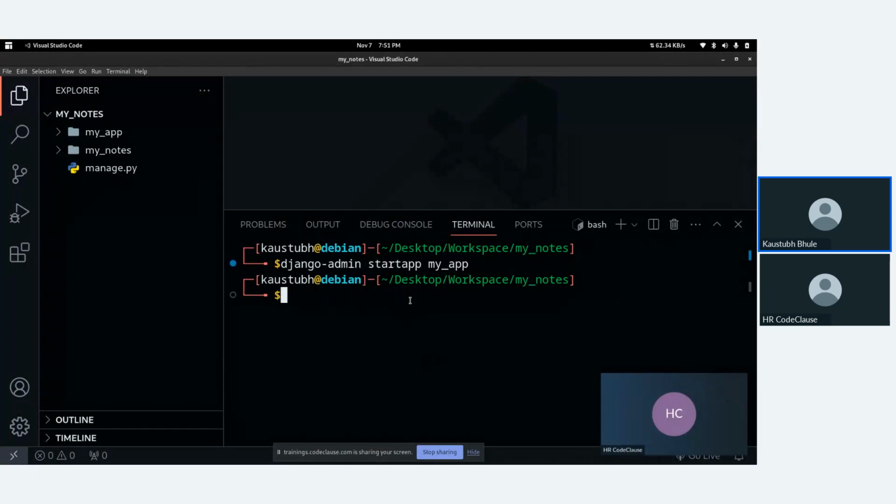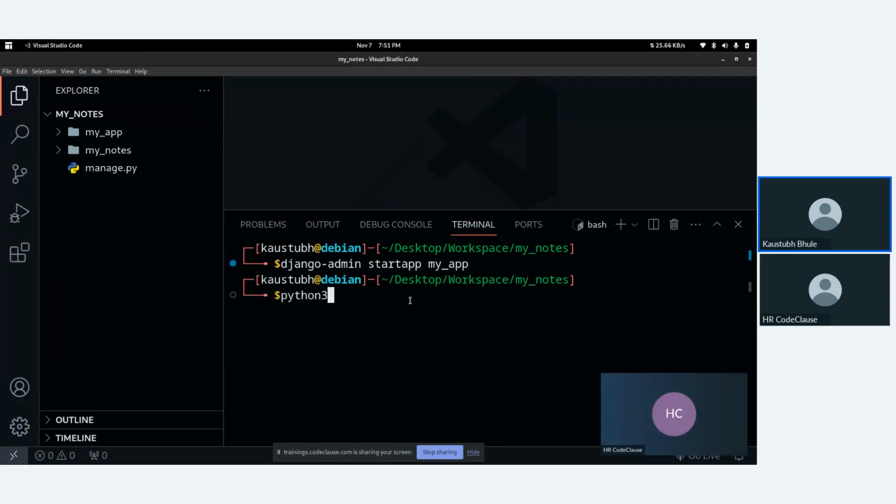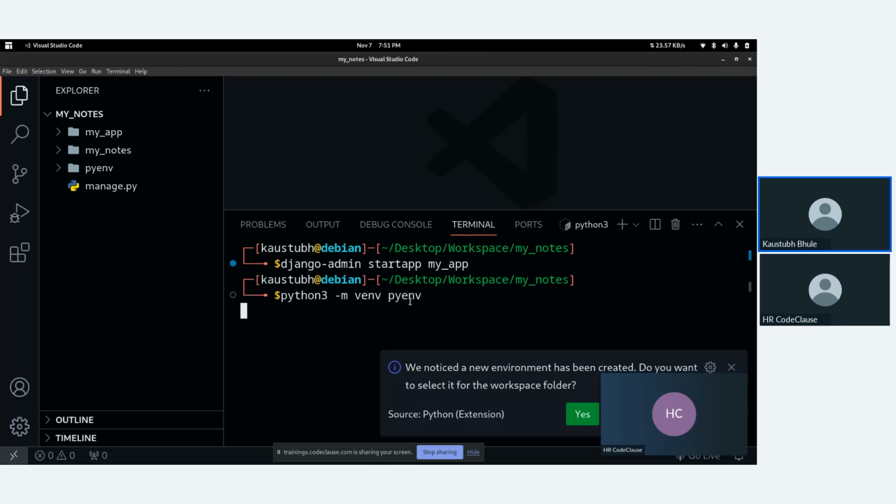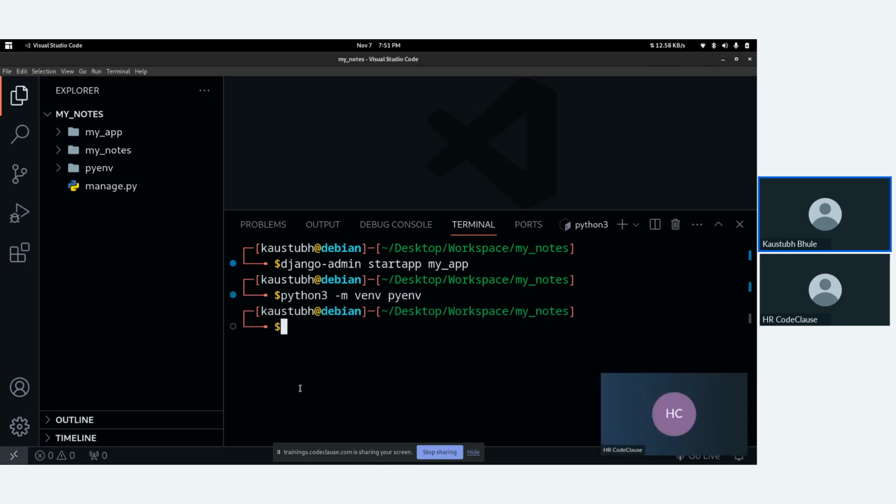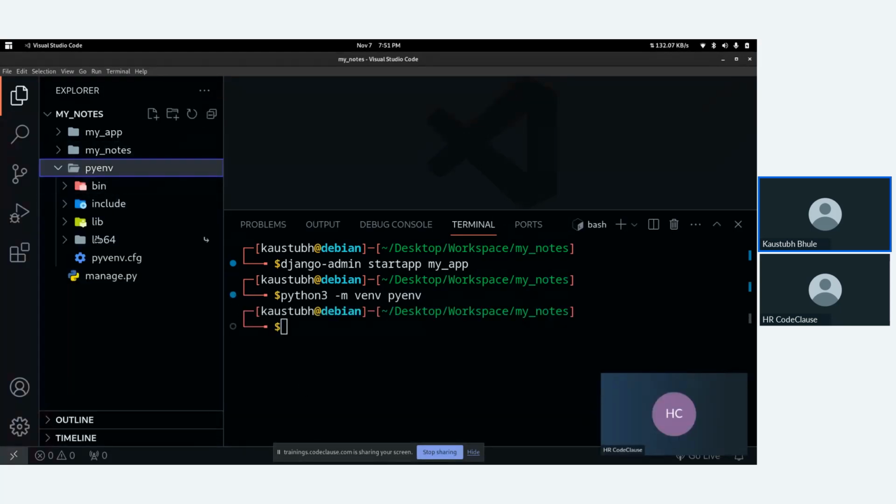Then you can run the following command: python3 -m venv, or you can directly also use the venv command, followed by the virtual environment name you want to create. In this case, I am creating the virtual environment called pyenv. So you can see here is our pyenv, our virtual environment.